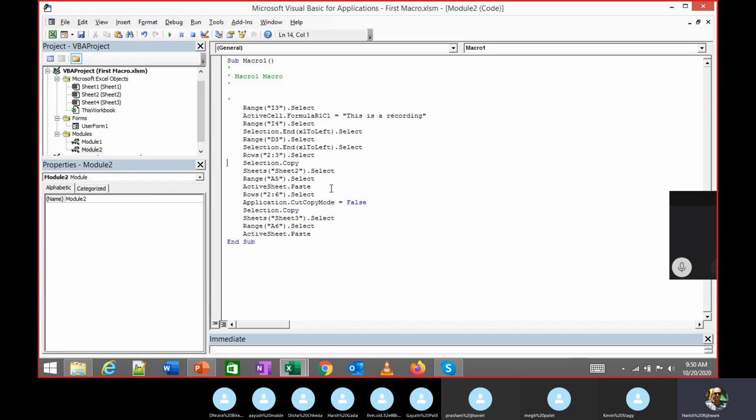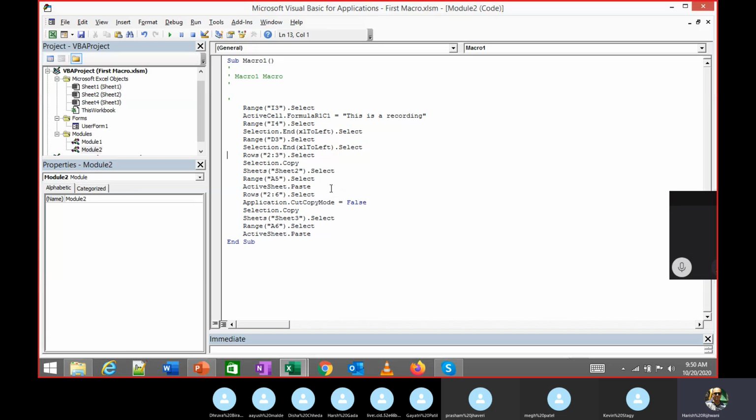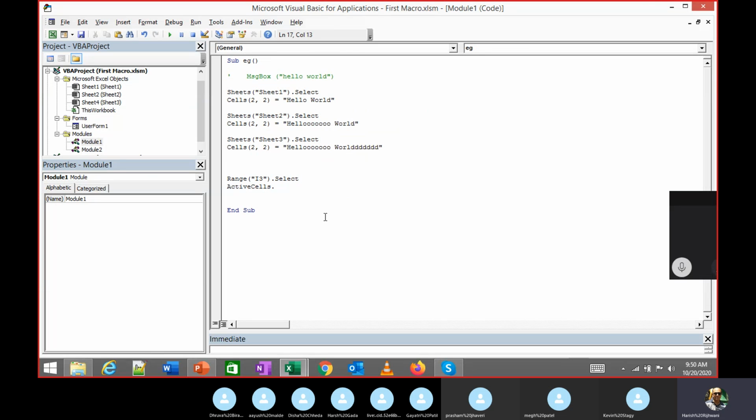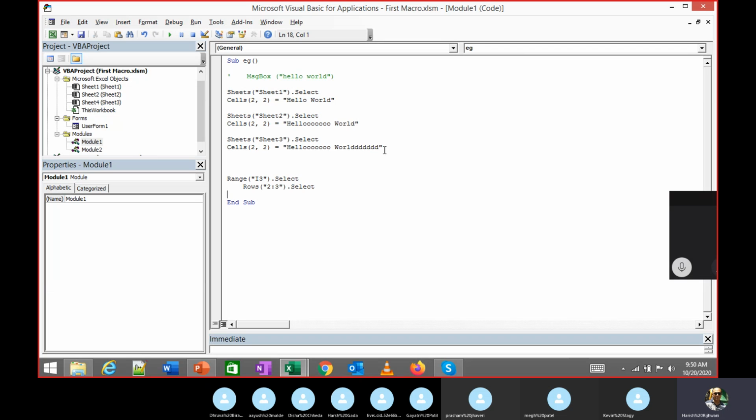Then we saw we copied certain data. So I selected these rows 2 to 3. When I do this rows 2 to 3, that is what I've done. I've selected this. So I can use this entire thing in my code over here. So again, if I do rows, let me copy that by the way. I can change this to 2 to 10 also if I want to. Okay, if I run this now,